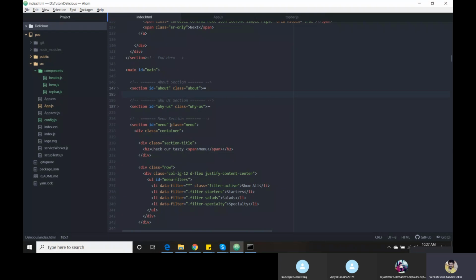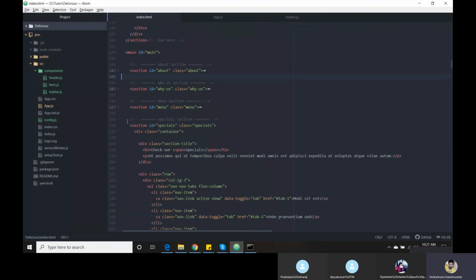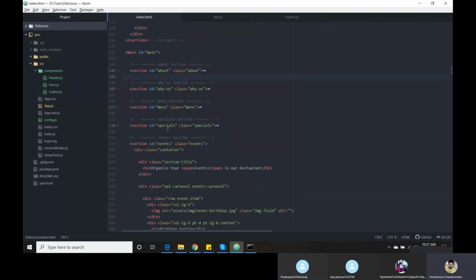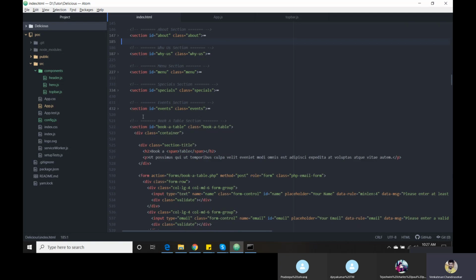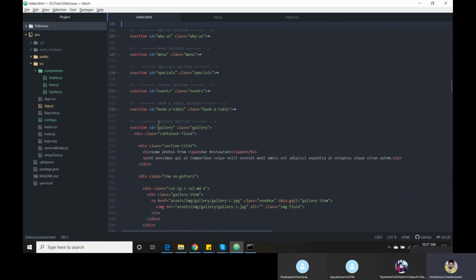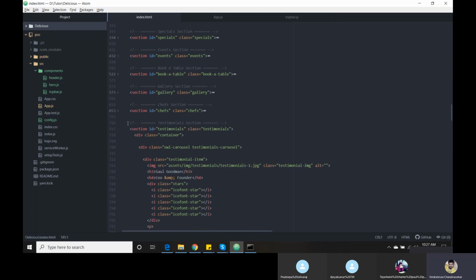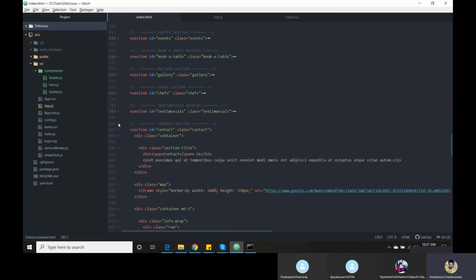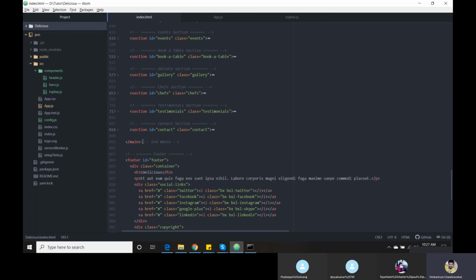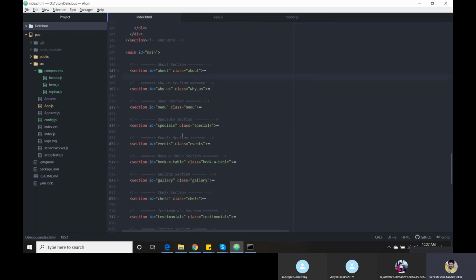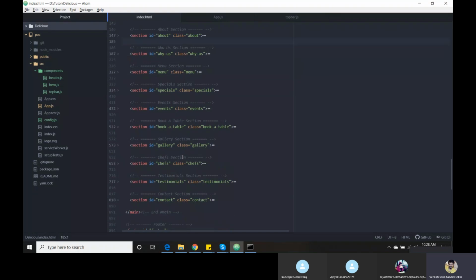I'm going to close it. Then the menu section, specials, events, and book a table, gallery section, chefs, testimonials, and contact. So far, how many components? 1, 2, 3, 4, 5, 6, 7, 8, 9, 10 components are available inside it.